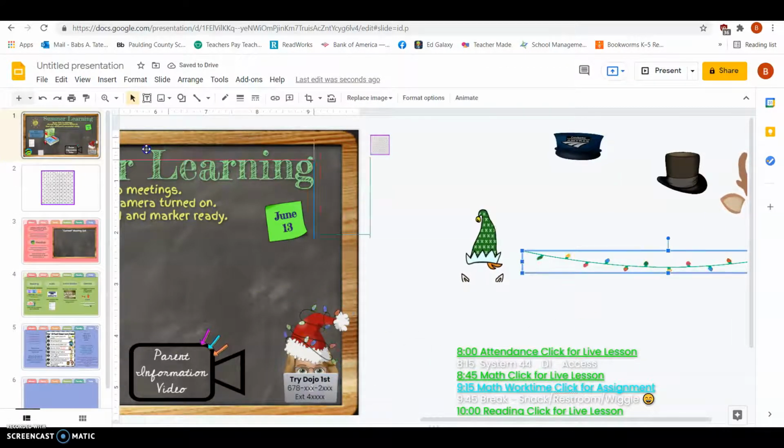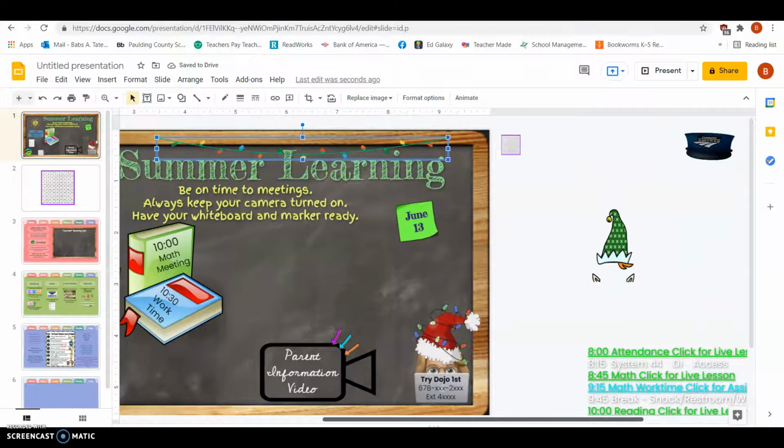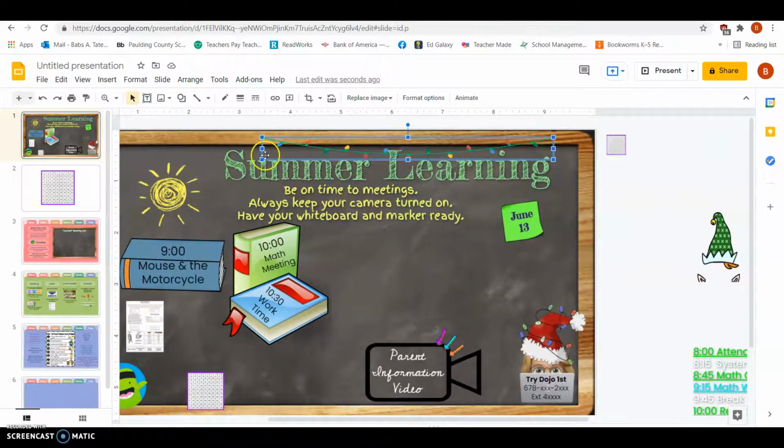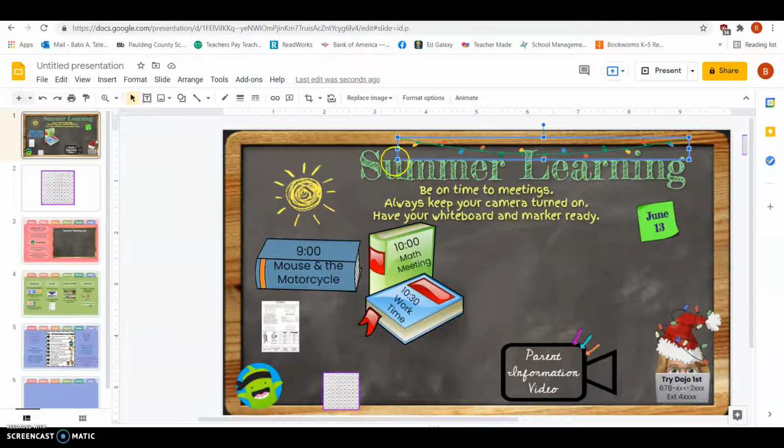You can decorate based on whatever time of the year it is. Maybe you're a big football fan and you want to put your football stuff up there, whatever you want to do. So you decorate. Anything you do over here, when the kids refresh, will instantly show up on the other